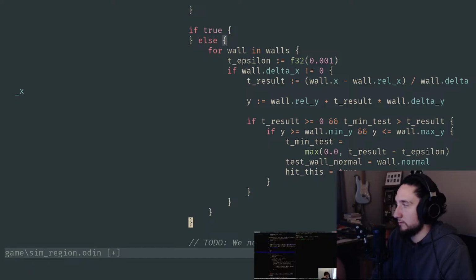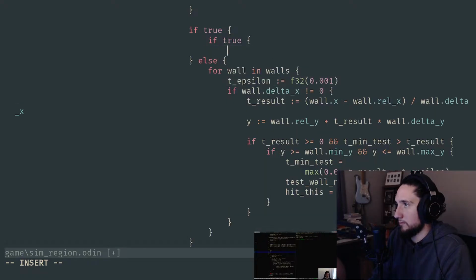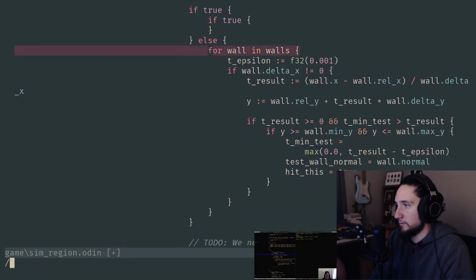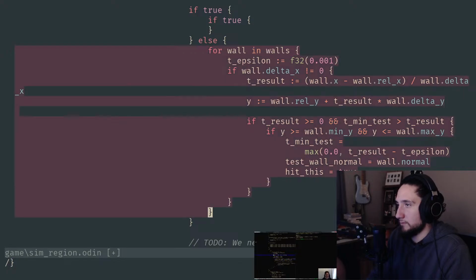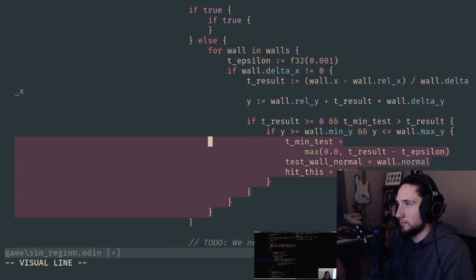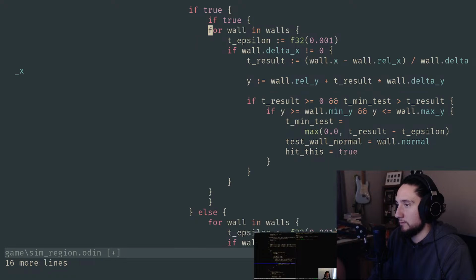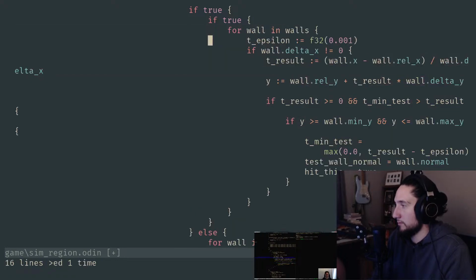If I think about it correctly, you want to find the maximum t for the empty space entities that you're actually inside. So here's that secondary type of test, and really the difference here is that instead of tmin test, we're going to be using tmax test. So this is tmax test, this is tmax test, like so. If we were doing it this way, we need to reverse the sense of these. So basically, we want to make sure that whatever the result is greater than 0, and then we want to say, all right, whatever,